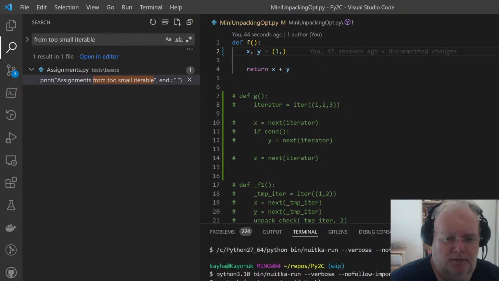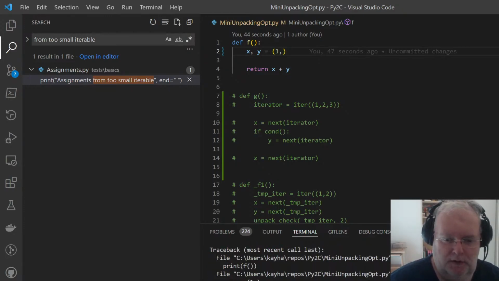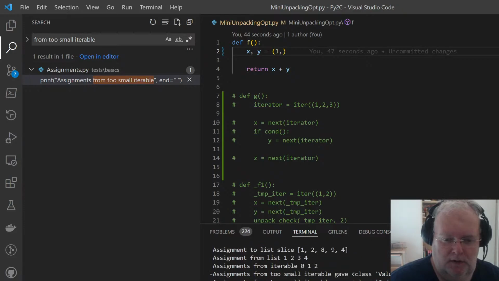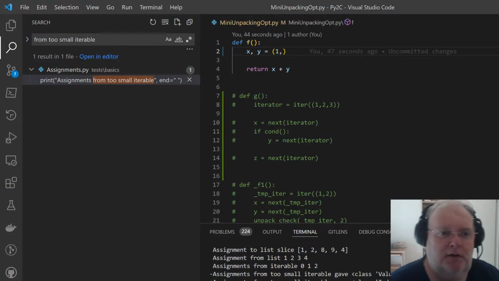No, the other one. Resume. It picked up an assignment. So, not enough values, expected 2, got 1. So how does it even have the, it has the total expected, right?